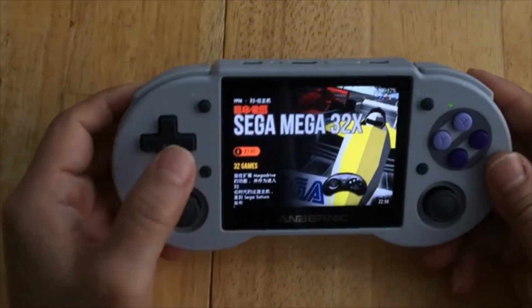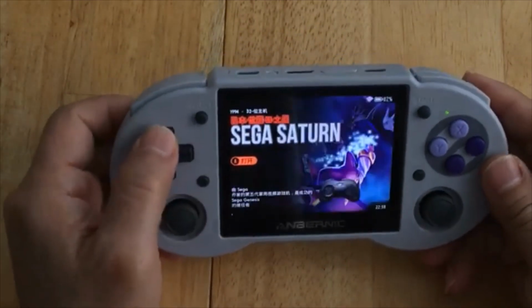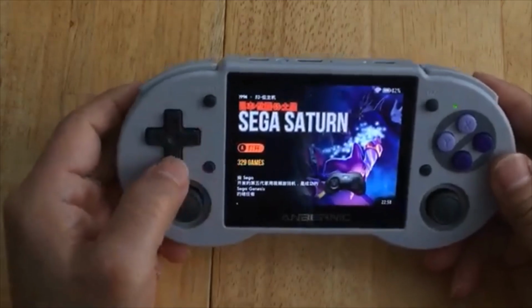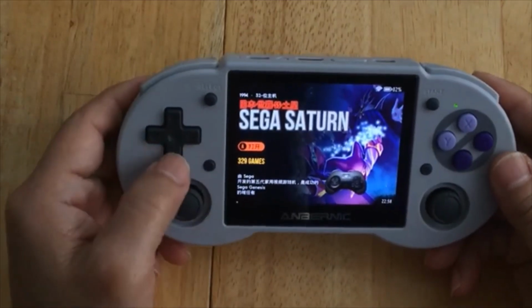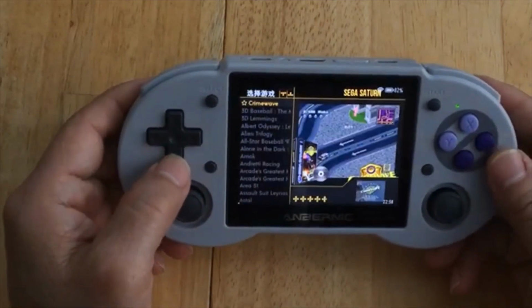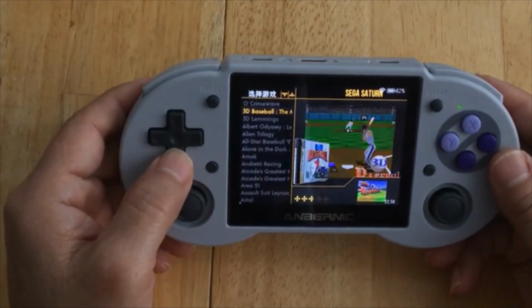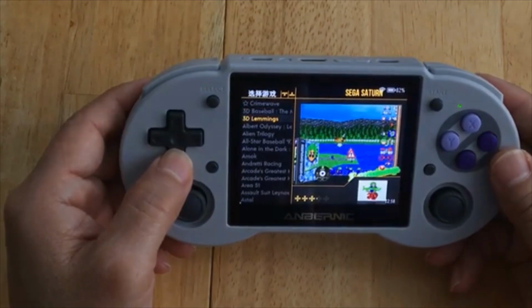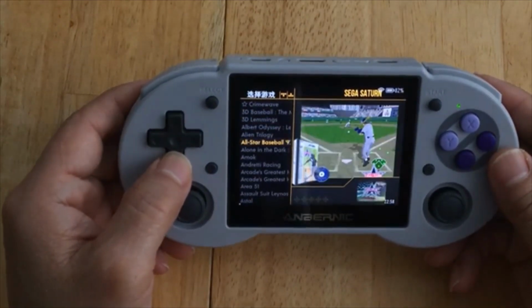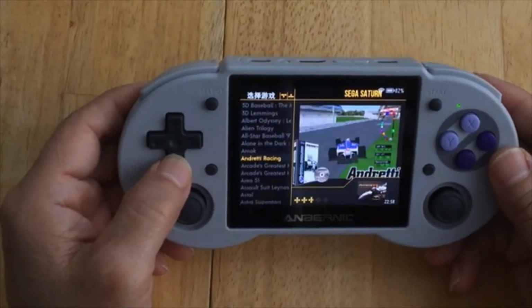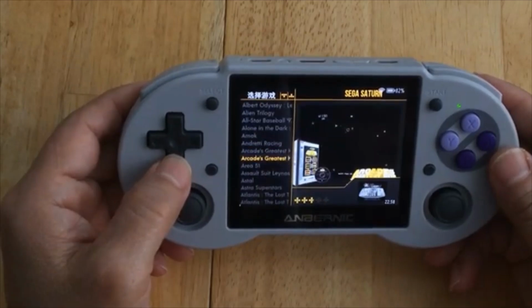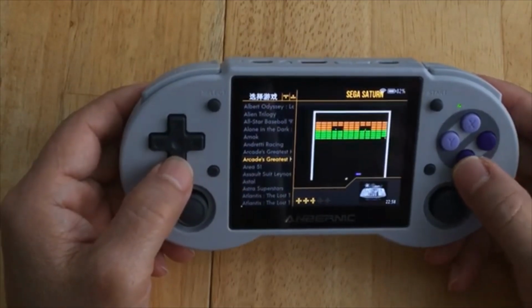And it played the Sega CD32 and Sega Saturn. It's the first handheld game system that I've come across that I could actually play Sega Saturn on without having to use the Raspberry Pi 4. So that's nice. That's a big plus. That's a pro on this. So to me,